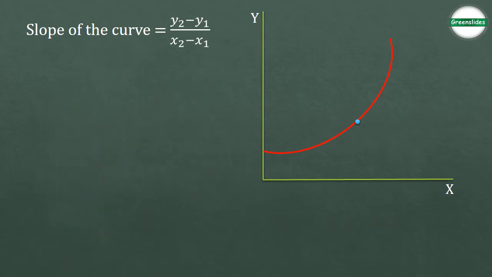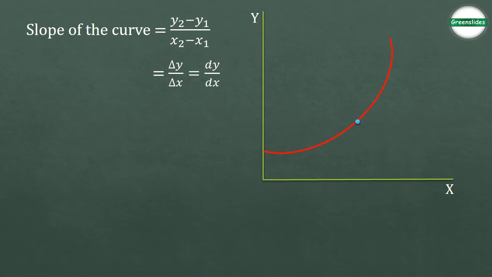And now is the time. Now if we write the slope of the curve, then that will be the exact slope of the curve at that point. So let's do that. Slope of the curve is equal to del y by del x. And in this case, the change in y or change in x is very small.